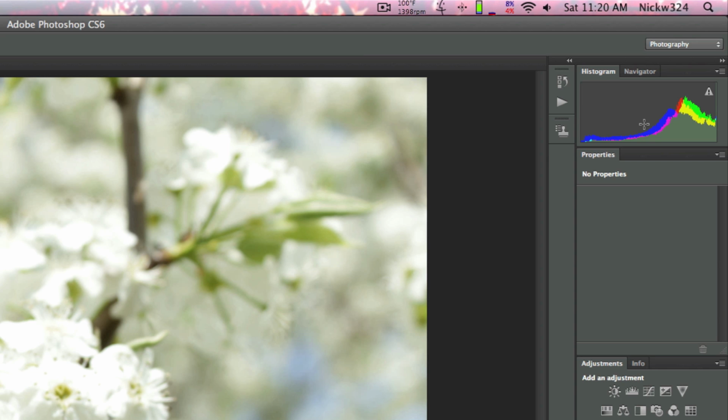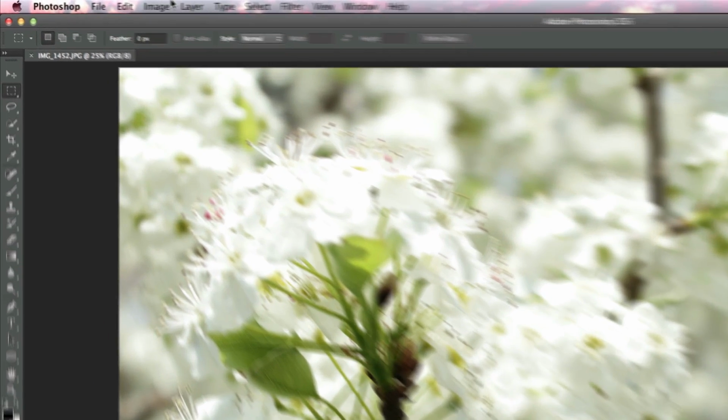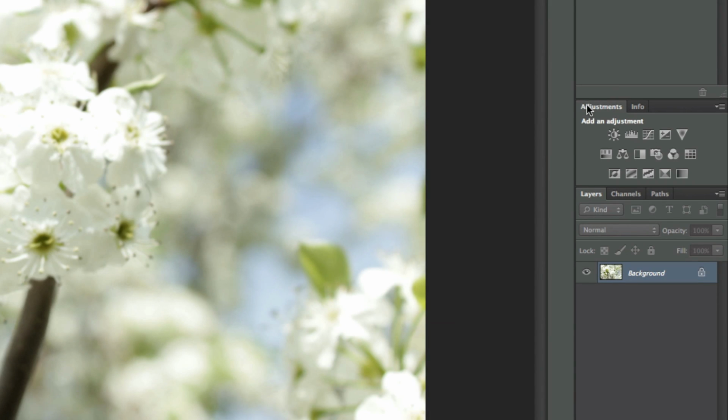So as you can see, this photo kind of clips off more towards the whites and doesn't have more data in the blacks, and we want to fix that. And that's exactly what the levels adjustment does. Now, typically you can get to levels by going to Image, Adjustment, and Levels, but here I'm in the adjustments